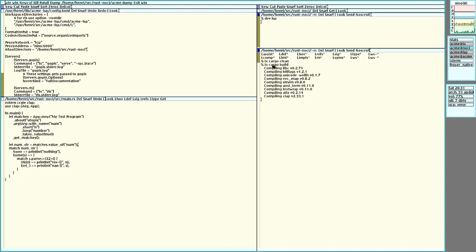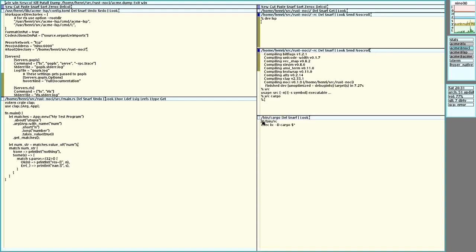So lx cargo is going to be compiling my files on Linux. Just to make my life a tad easier, I created a trivial script called cargo that simply invokes lx cargo, and of course that means I can just use cargo in the same way as I would on Linux.